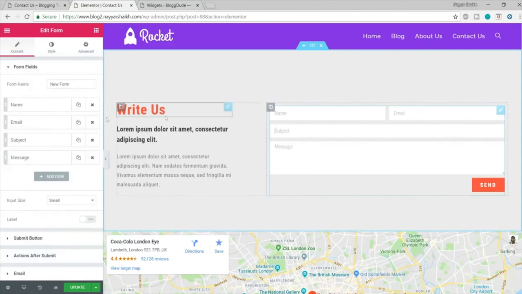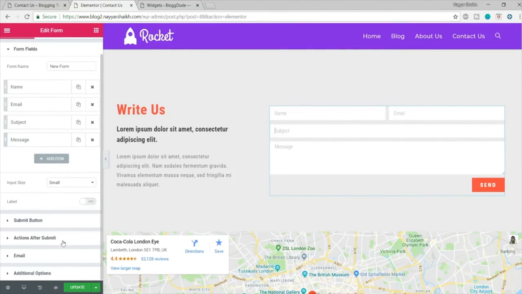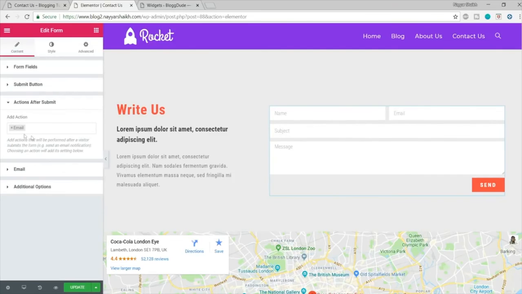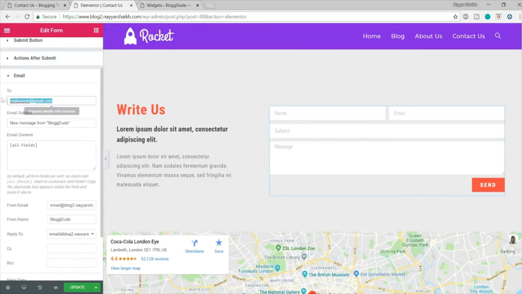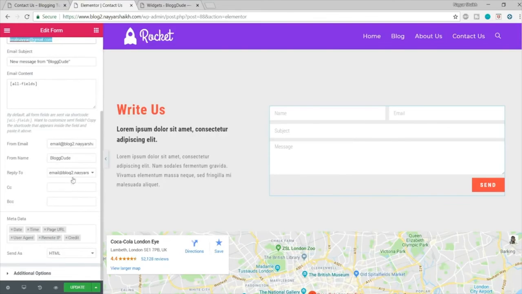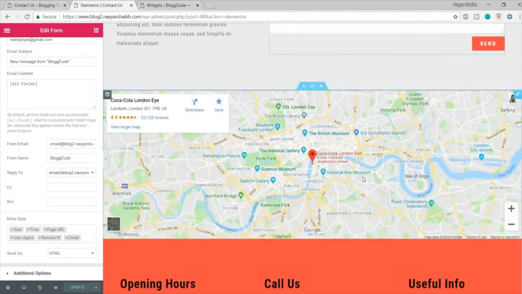So click on this form and select this thing, action after submit. Make sure email is selected over here. Now click on email and make sure under 2 you have your email address. Very important. Then rest everything is fine. Just click on update. Now here there is a Coca-Cola address from UK, and let's see how we can change